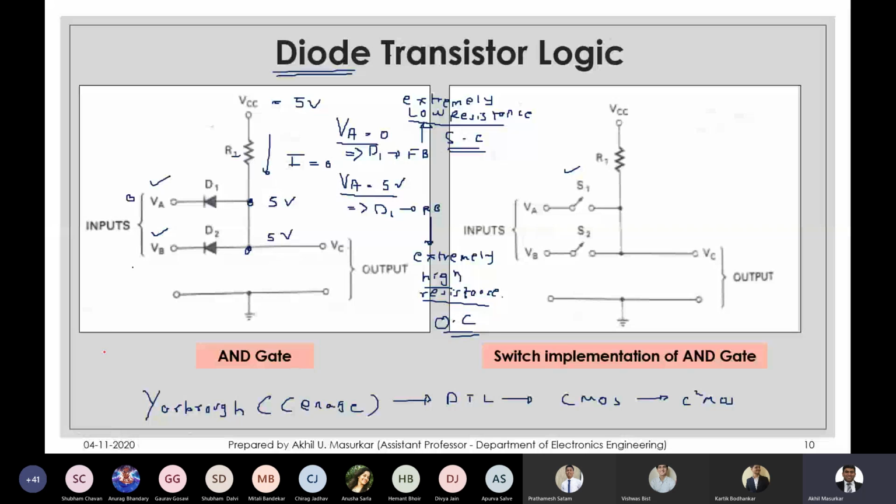As you can see, there are two inputs, VA and VB. So we are looking at a two input AND gate. Now, how does it actually behave like an AND gate? Let us look at that. So we have VA and VB. Let's give VA as 0, 0. If I give VA as 0 and VB as 0, then